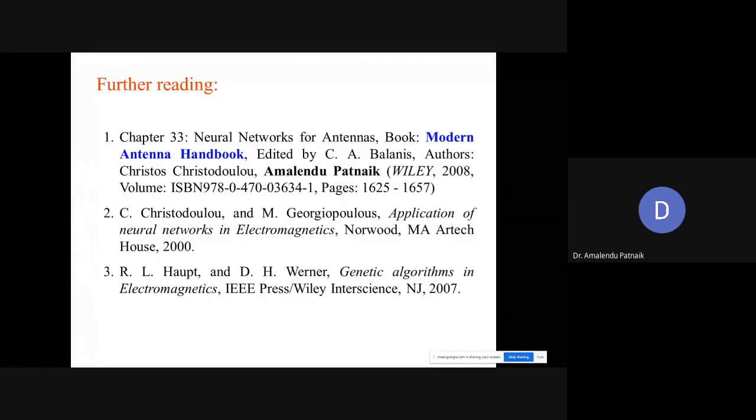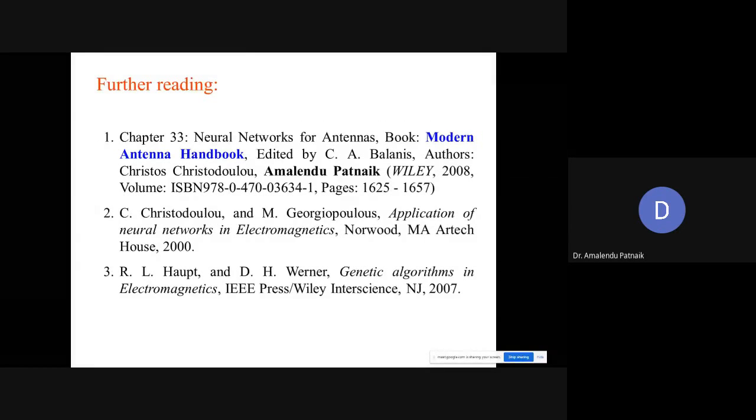Application of neural networks in electromagnetics, a well-written book from Artech House. You can find a lot of applications of ANN for electromagnetic problems. You can find in this particular book, not only for antenna, for other problems also, how to use neural network that has been described in this book. Furthermore,